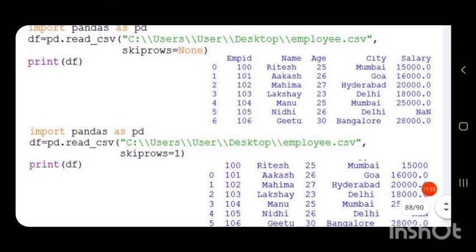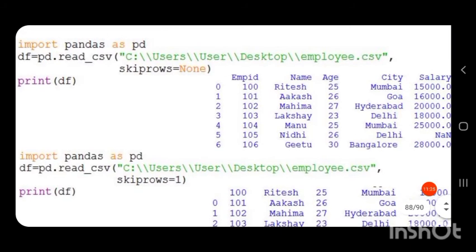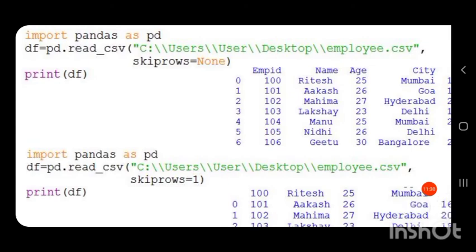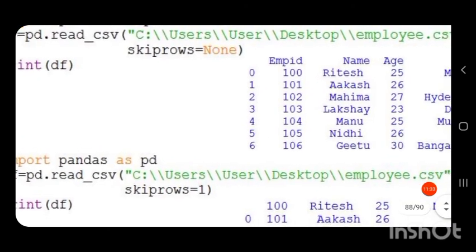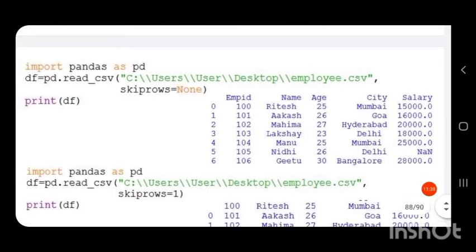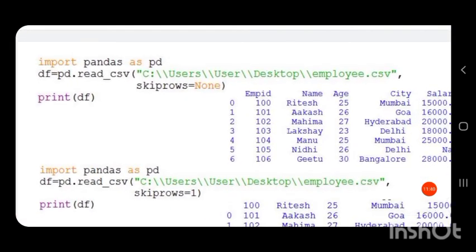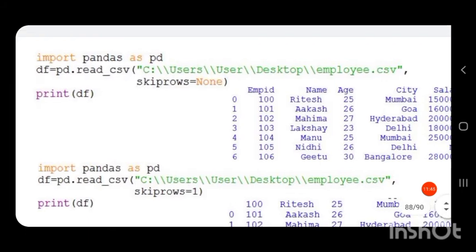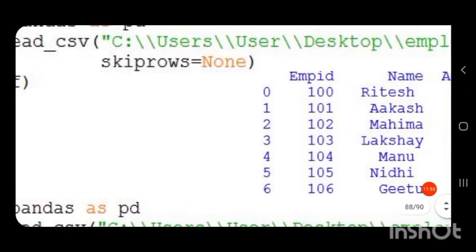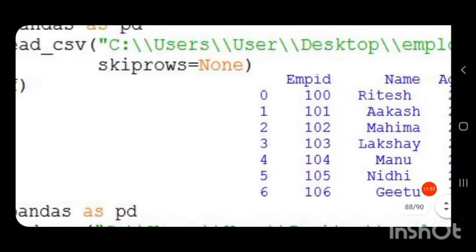The previous one we can get using skiprows equal to None. In the same program we have included an attribute called skiprows equal to None. That is, we create a data frame df is equal to pd dot read_csv. In that, first argument is the path of the CSV file, then comma, we have added a new attribute called skiprows equal to None.